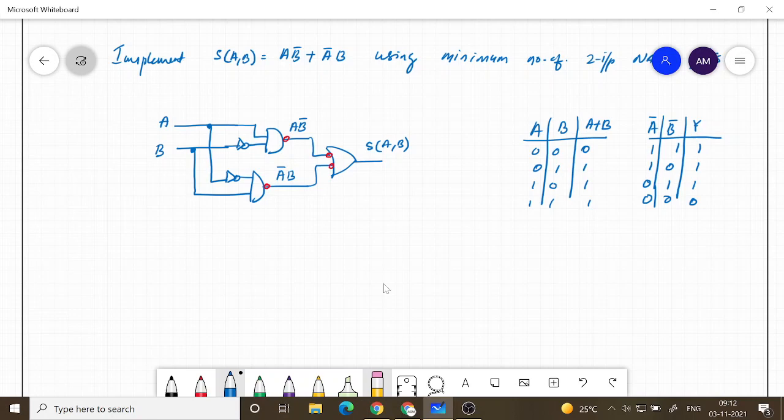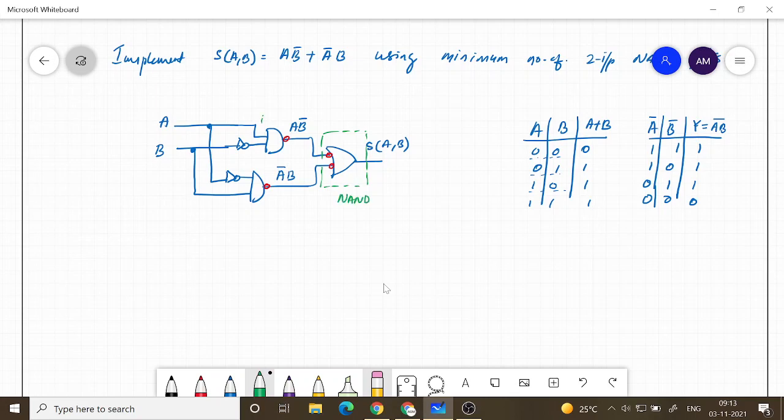So when any of the input is 0, I have 1. So you see here it is 0 0 0 1 1 0. So I have 1 in those cases, and when both inputs are 1, I have 0. So this operation is basically, if I complement the input to an OR gate, I get AB the whole bar, which means that this is nothing but a NAND gate.